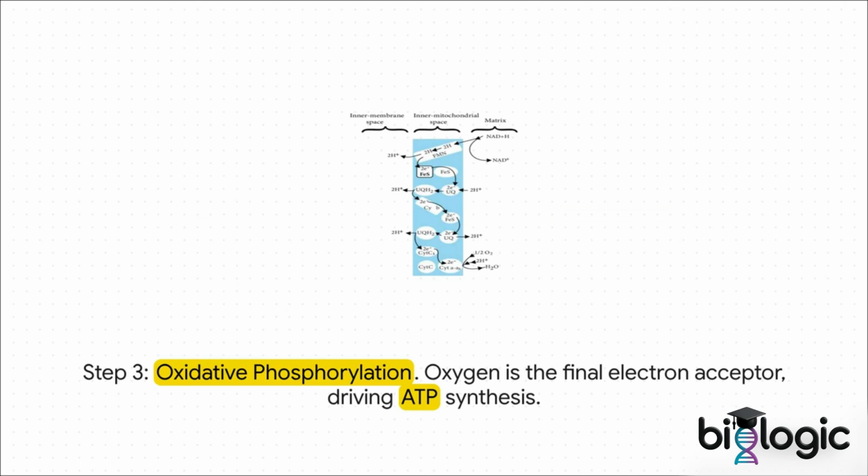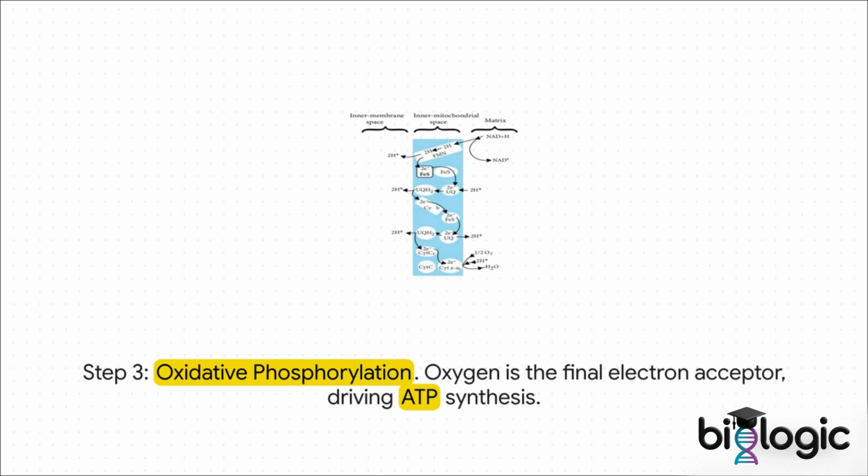And that brings us to the grand finale. Those high-energy electrons we just collected get passed down a chain, kind of like a bucket brigade at a fire. At the very end of the line, guess who's waiting? Oxygen, the very oxygen the plant breathed in. It acts like a powerful magnet, pulling those electrons through the whole chain, and that force is what generates a